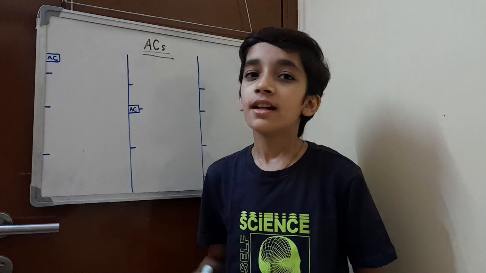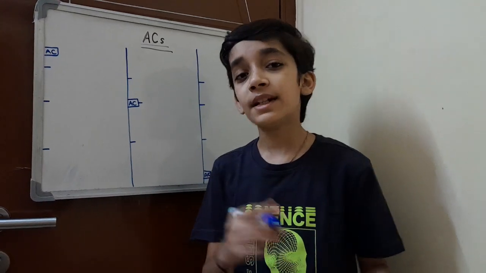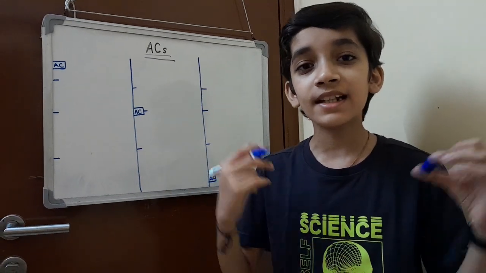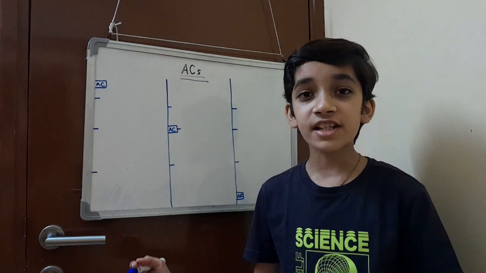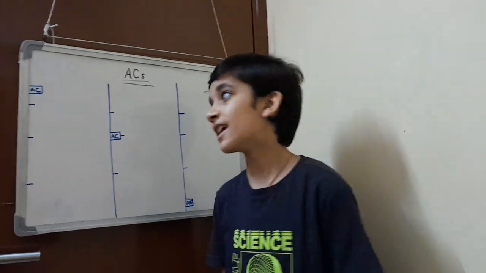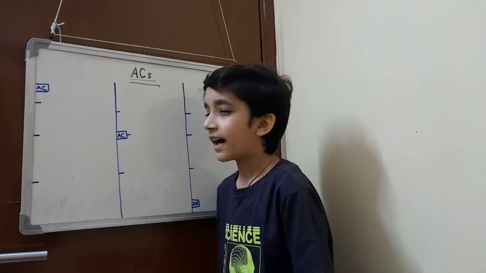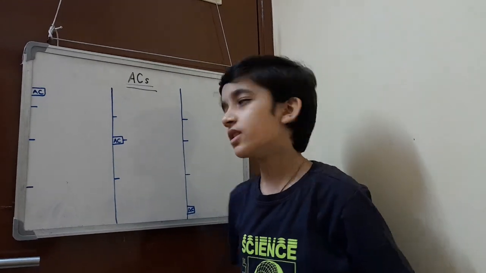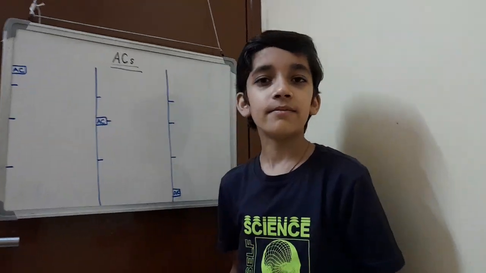So today we are going to learn about ACs, and the working mechanism of ACs. We have learned many concepts, but we don't know how we use them in our daily lives. So this is an example of how convection is used in our daily lives. This is an AC. Now, why is the AC placed at such a top, hard-to-service spot, and not just in the middle or at the bottom?